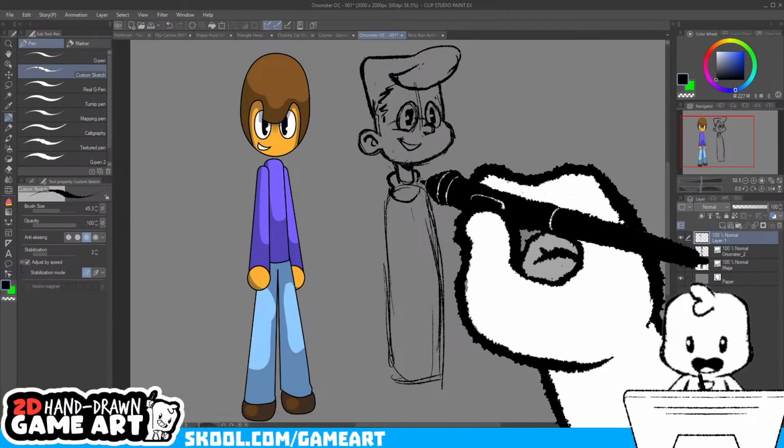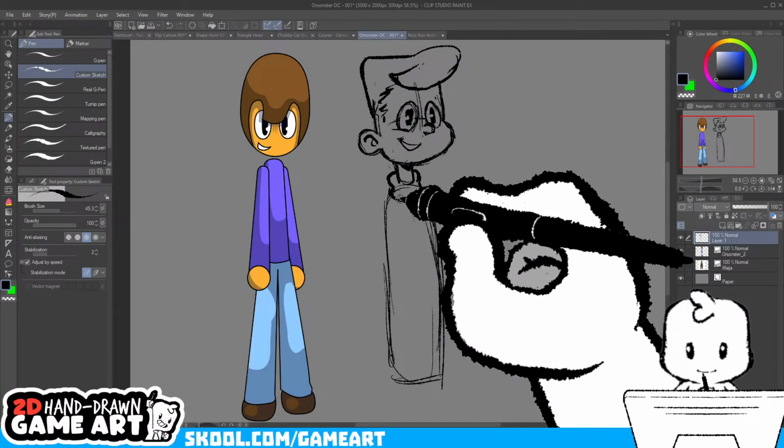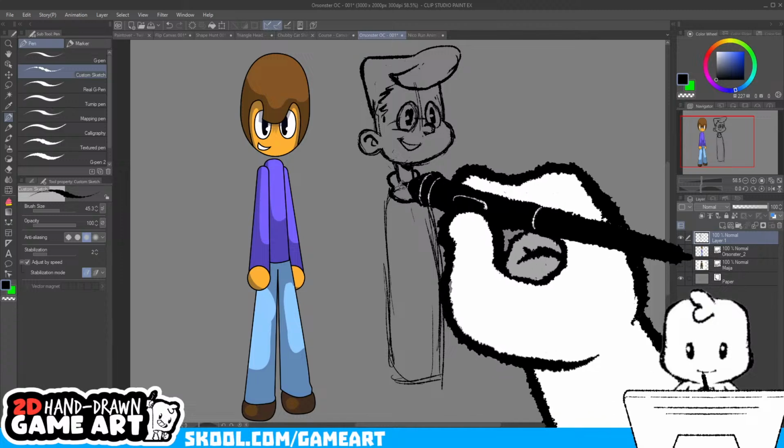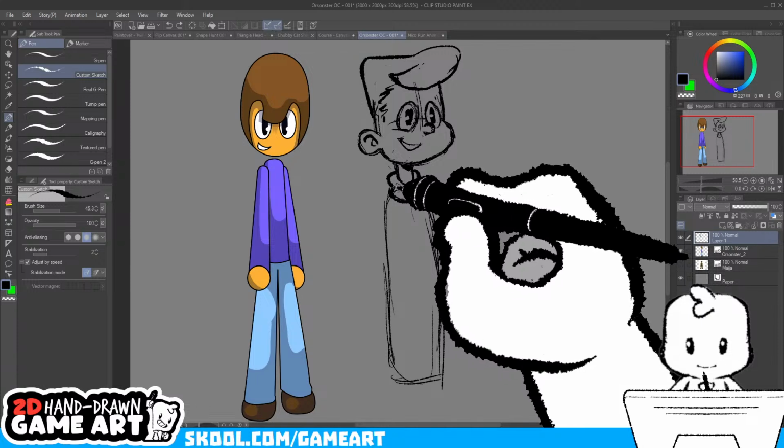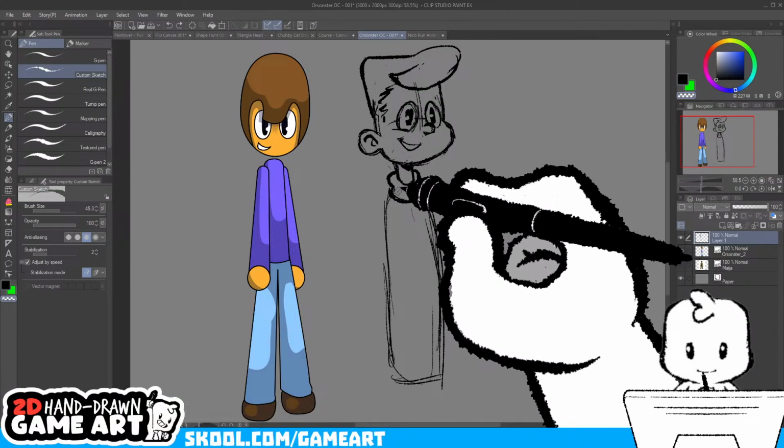I'm going to imagine this character with maybe a turtleneck. I know he doesn't really have a neck here. We're just going to give him one. Why not?